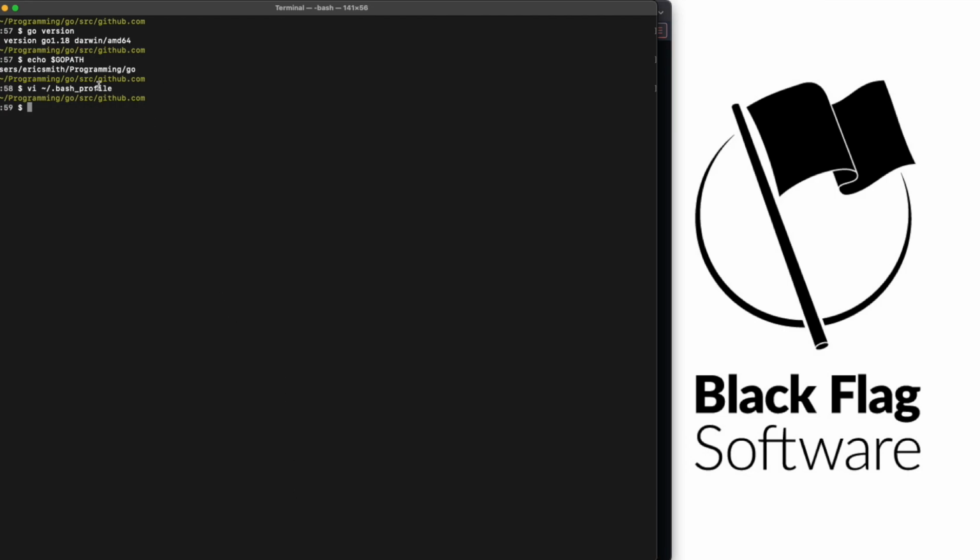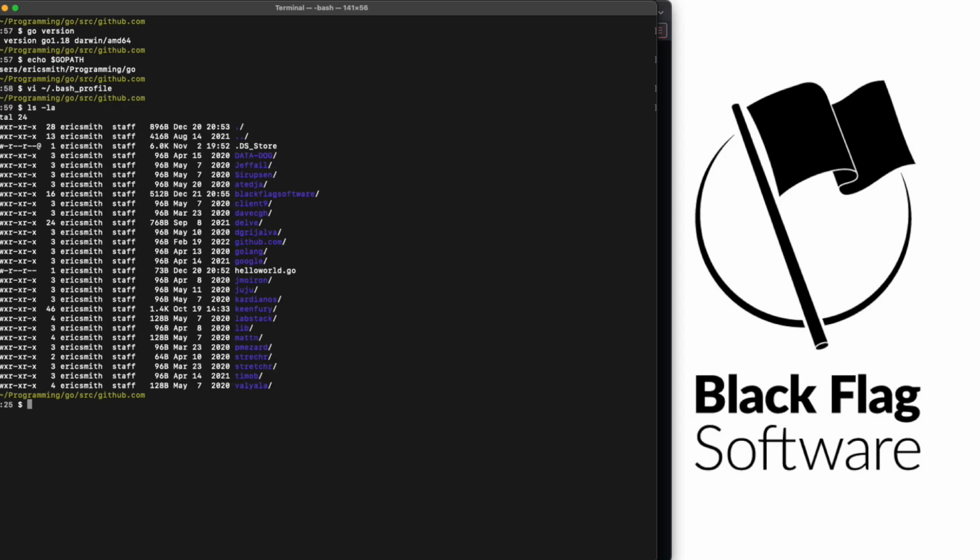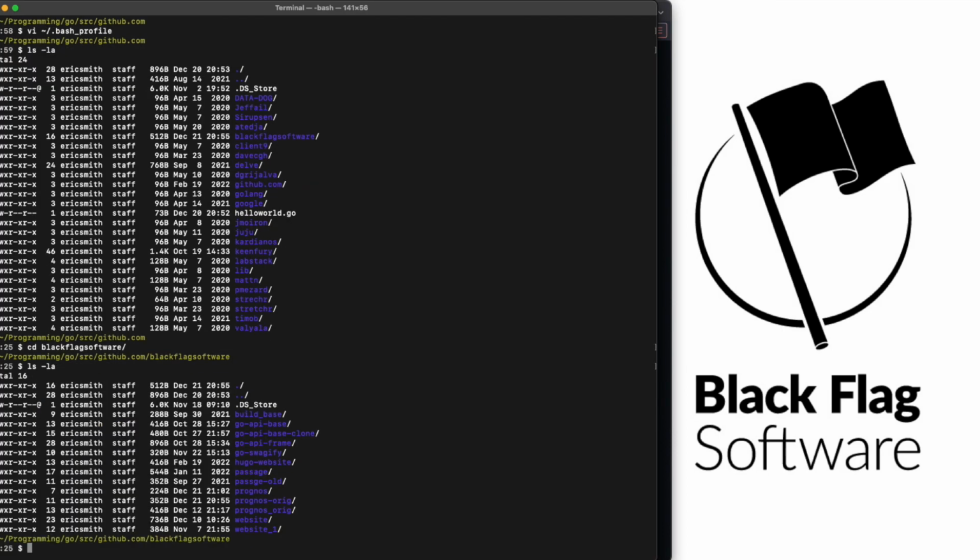And I am a couple folders into my Go path, and I'm at the github.com folder. And if I look, there is a black flag already, and I actually do have Prognos already downloaded,